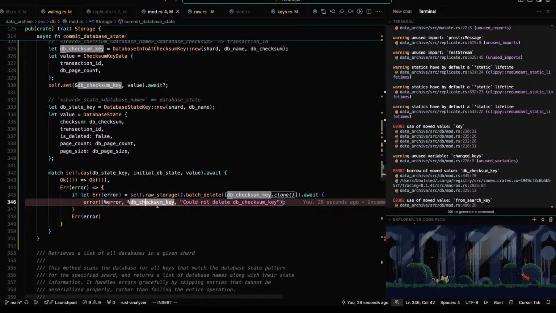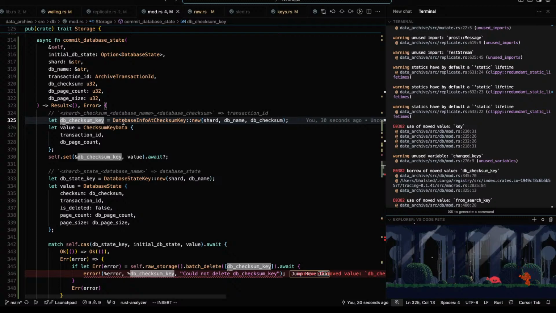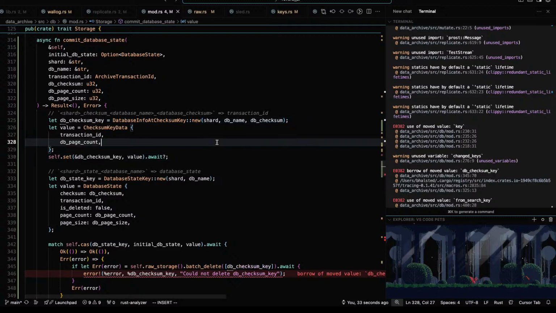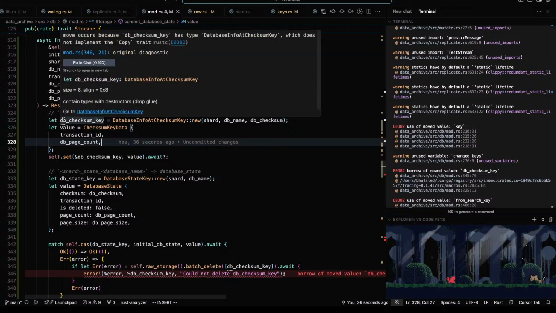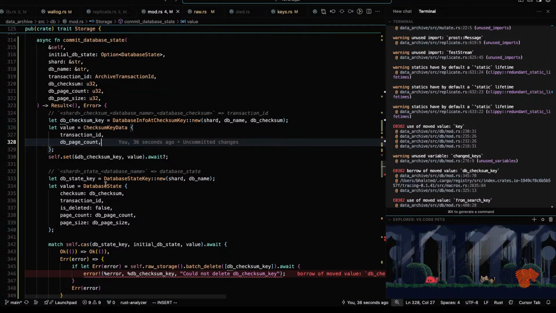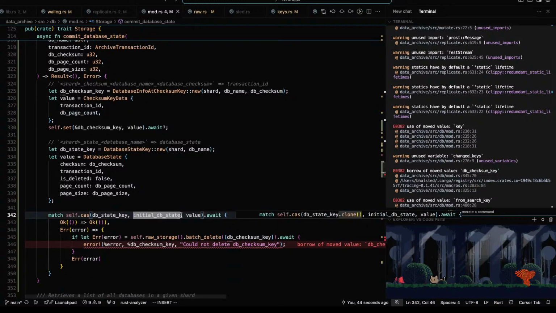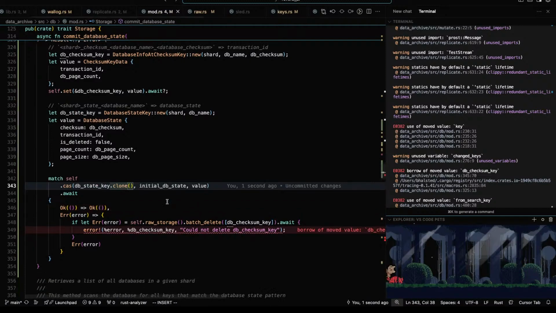Same here. DB checksum key. Wait, where? Yeah, it doesn't implement Copy. But where is it getting? Oh, here. Is it compare and swap? Yeah, there. Oh, and here.